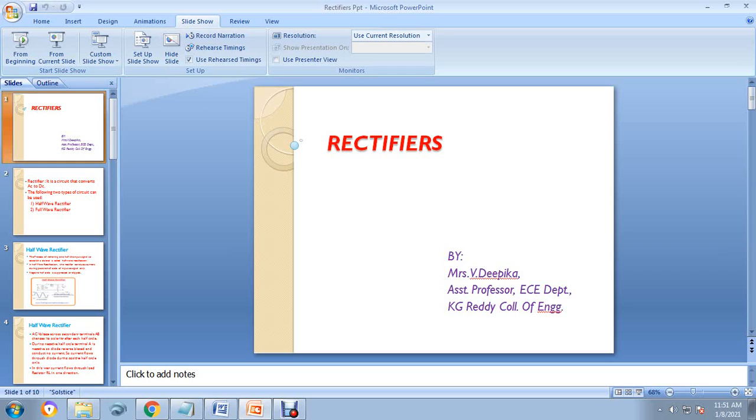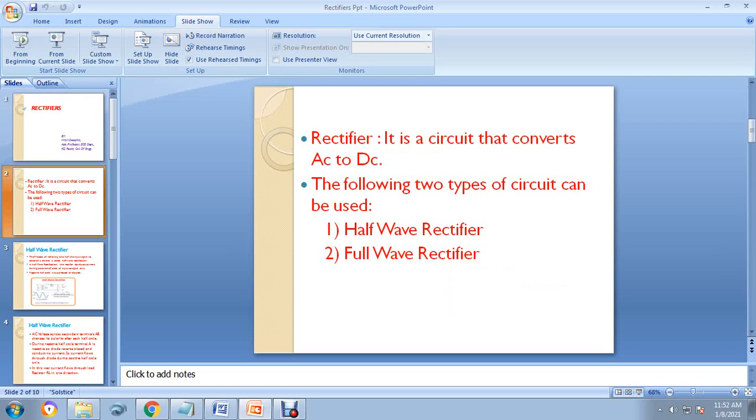A rectifier is a device which converts the alternating current voltage to pulsating direct current voltage using one or more PN junction diodes. Rectifier is an important application, a circuit which converts AC to DC. So the PN junction diode subjected to an AC voltage acts as a rectifier, converting the alternating voltage to a pulsating DC voltage.